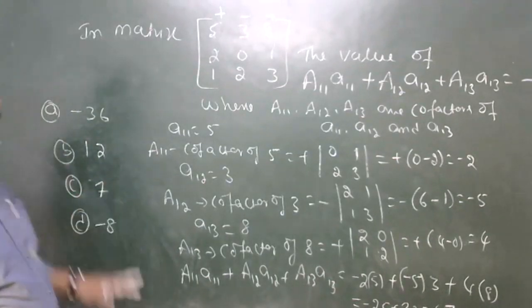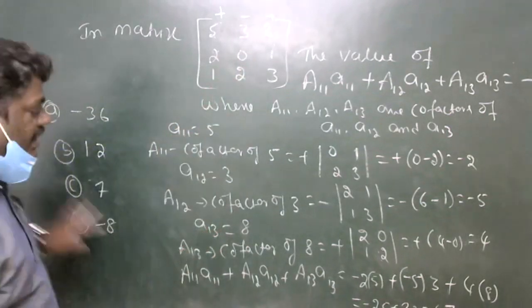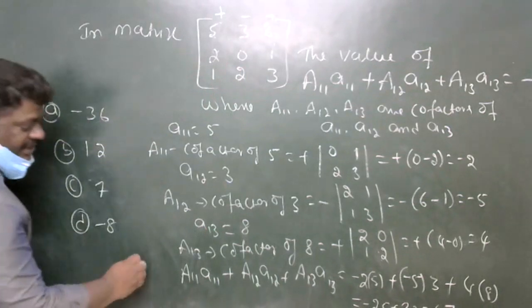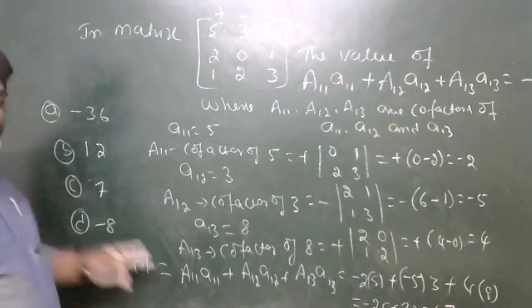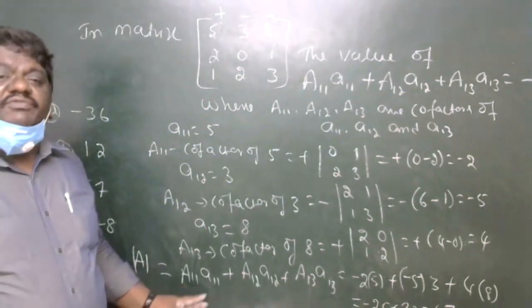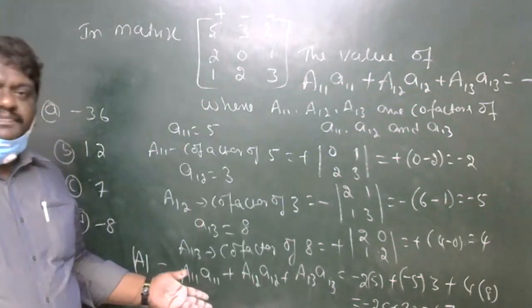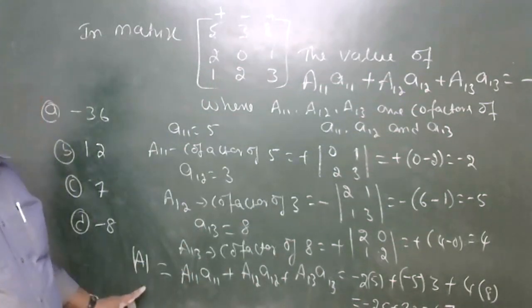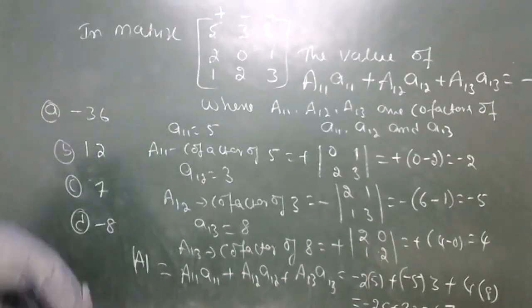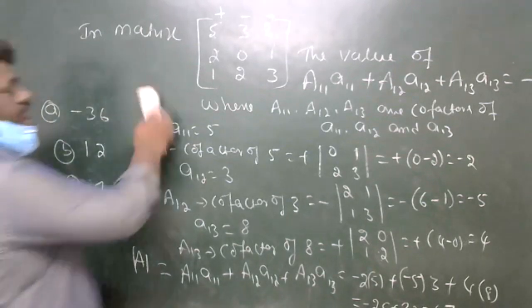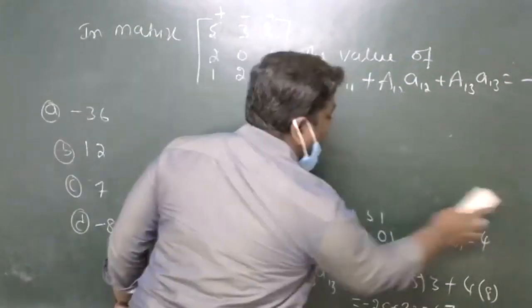7. So if you expand this you are going to get same determinant value, okay. Therefore this formula you should keep in mind: you are going to get determinant value if you multiply the corresponding cofactors and elements of any one row or any one column. You can take any one row or any one column, so you are going to get determinant of a. Okay, so if you want I will write here. Yes sir. If you expand, 100% you are going to get minus 7 only.